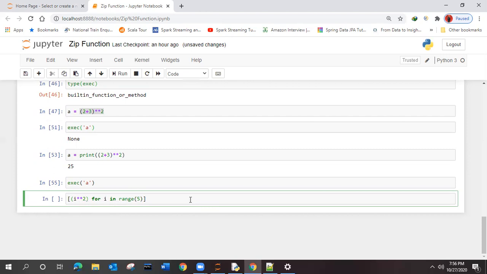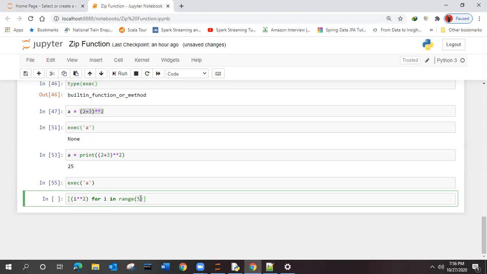What will it do? Any idea? It will execute the I 2 times? I will explain it. It is more easy. Forget about the first part. You can see for I in a range of 5. What is the meaning of this? I is in the range of 5. A range will go from 0 to 5, which means it will execute from 0 to 4, right?